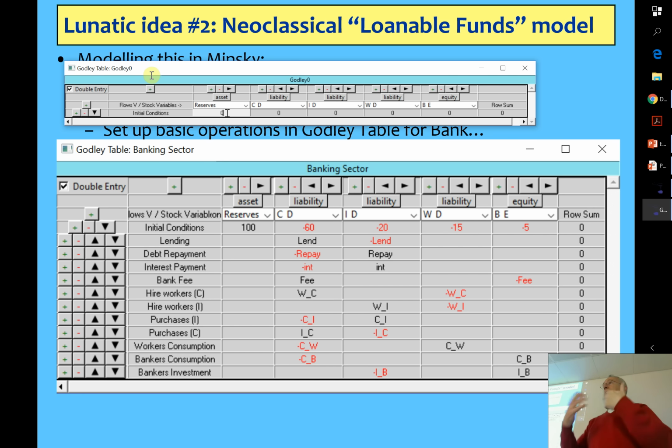So you're going to start with some money somewhere. Let's say there's 100 whatevers in the reserve account, $100 billion or whatever. Type that in as a positive. You notice the row sum for Minsky now says 100. That's the check to make sure that what you type in for the remainder brings you back to 0 again, which is this consistency check in Minsky and in accounting in general.